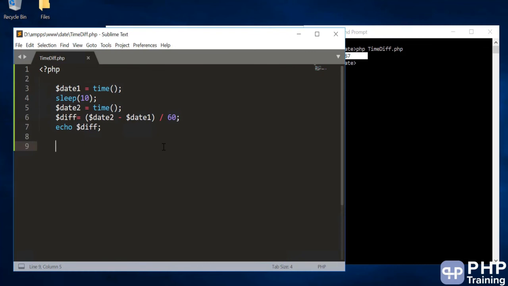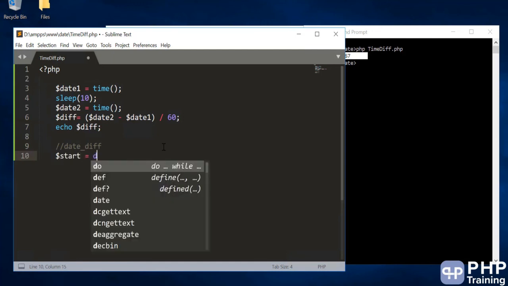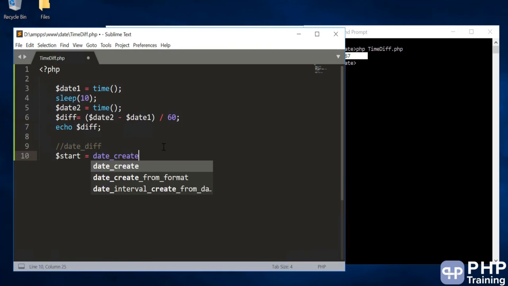Let's use the method called date difference and find the difference between the two dates. Let's say you have one date. Let's create that into a date: you have a string and then you want to create a date.